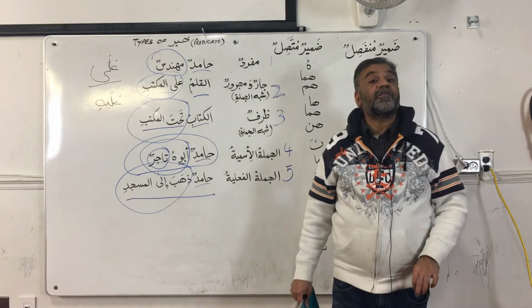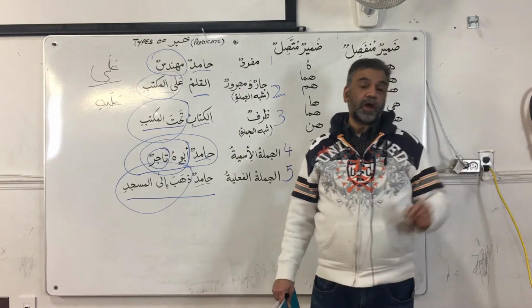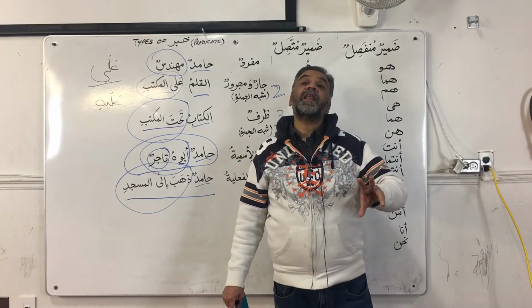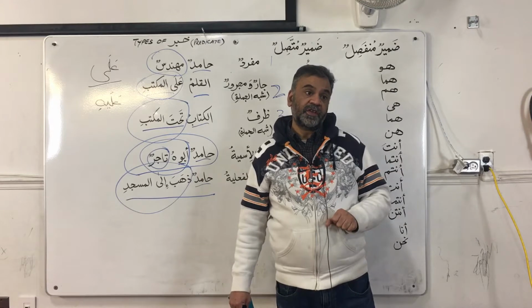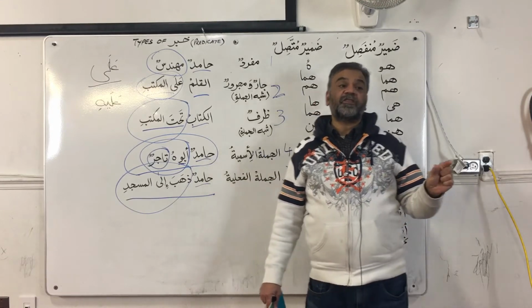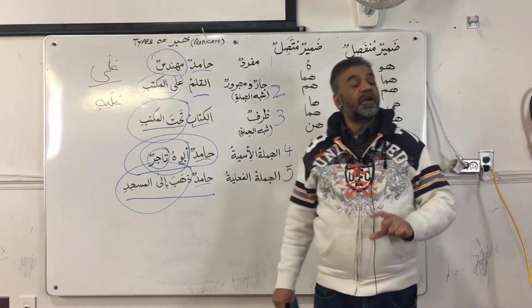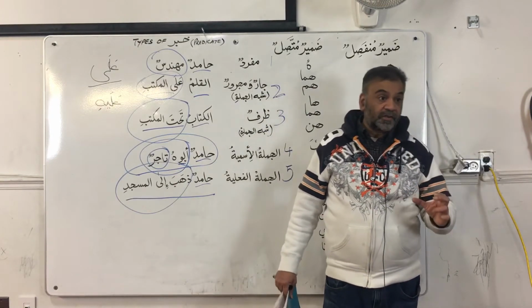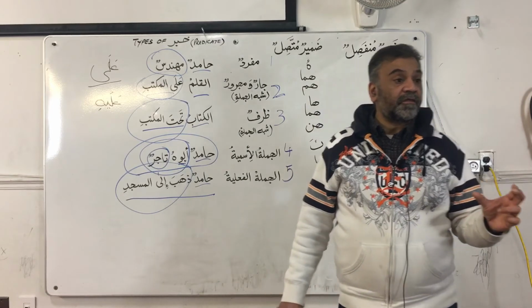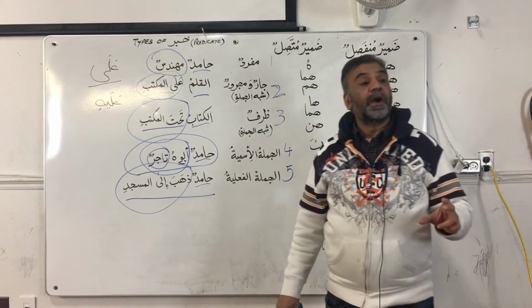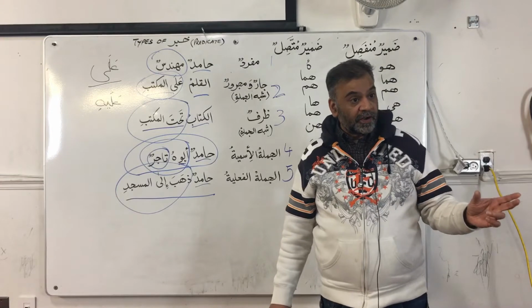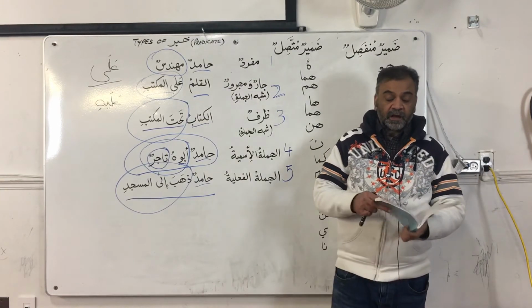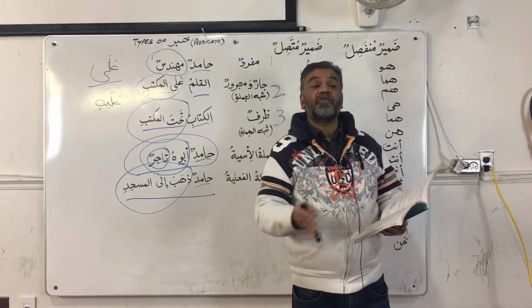ma can come also as relative pronoun or ismu mausula. So, similarly ma can have multiple usages. Depending on the context of the sentence, we would be able to figure out whether this ma is acting as a particle of interrogation or particle of negation or relative pronoun, which is your ismu mausula. For example, here masmuka, what is your name?